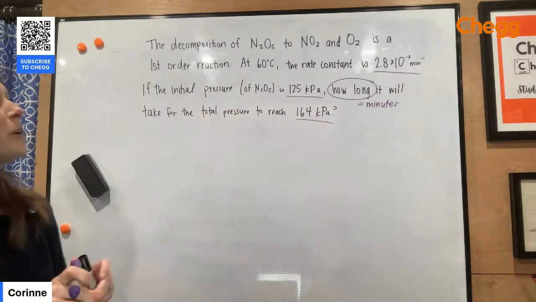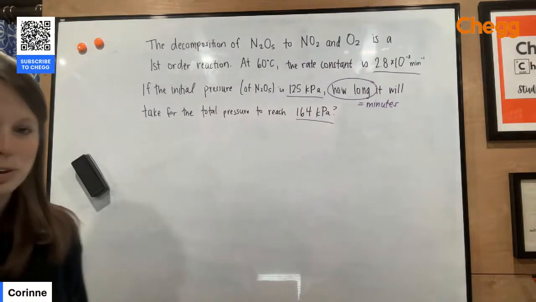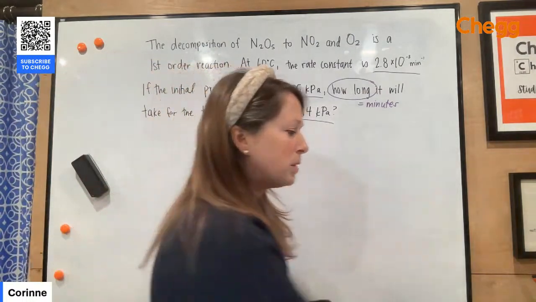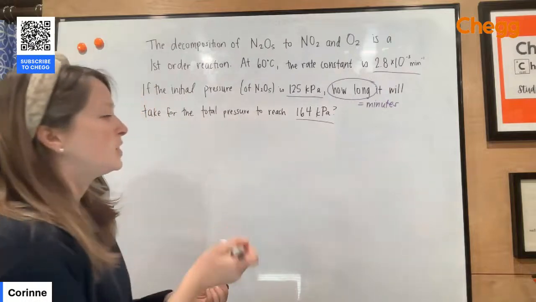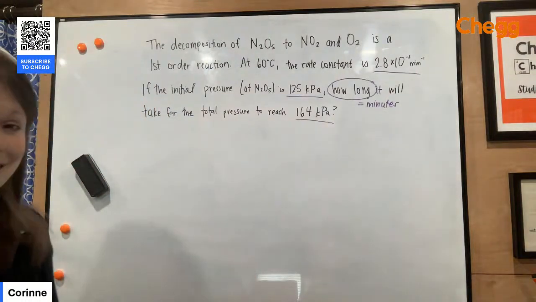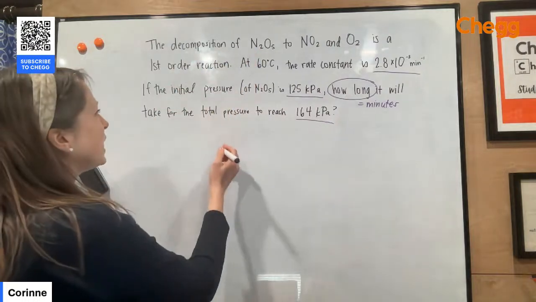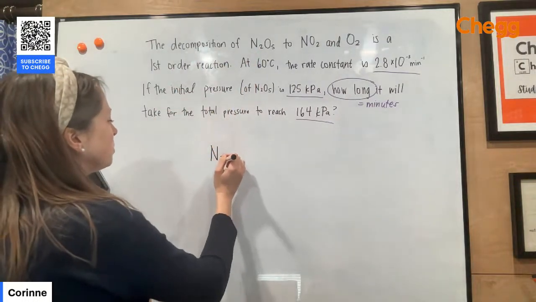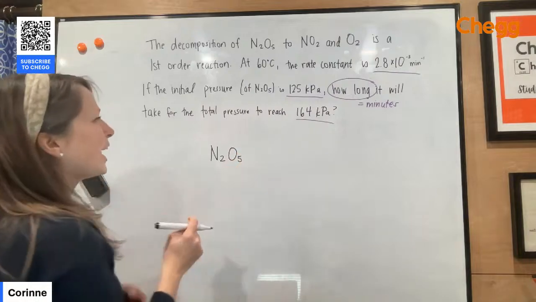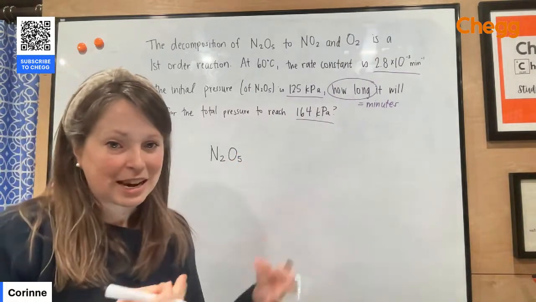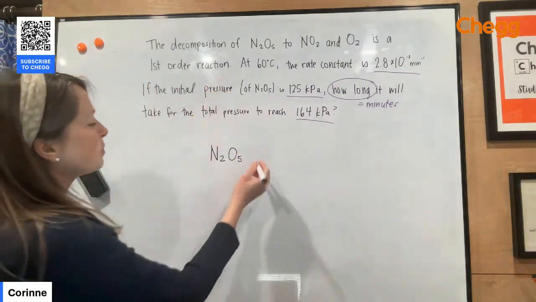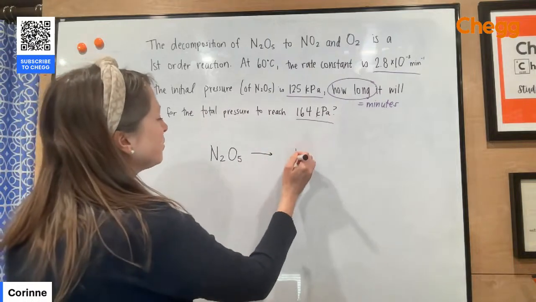So in this problem, we're given the word problem, but we don't actually have the chemical equation. So let's start with that. So I'm going to write out the chemical equation. Anytime you're writing out an equation, just like with any other topic in chemistry, you want to make sure it's balanced. So we have the decomposition of N2O5. So break down that word, right? A decomposition reaction, we are breaking a reactant down into multiple products. In this case, we have two products. So we have NO2